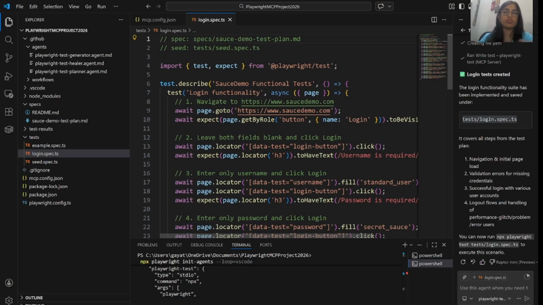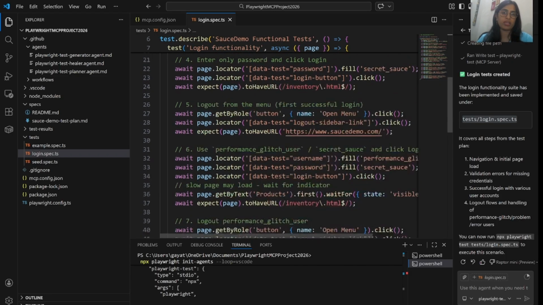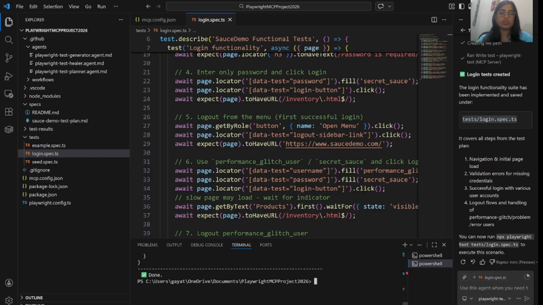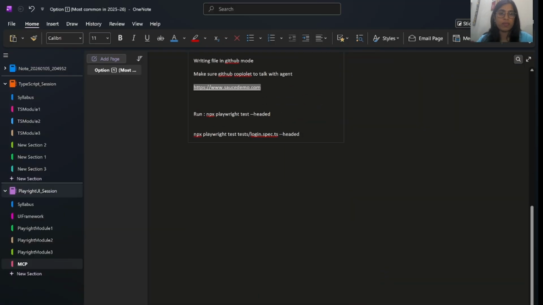So I just wanted to demo how you can use these agents. You can even give your specific requirements to this agent, and it is going to perform the action accordingly. See this, they have provided us test cases including the test scripts. Now we can run this. We could tell the agent to run it, but I think it will not, so let me run it manually.